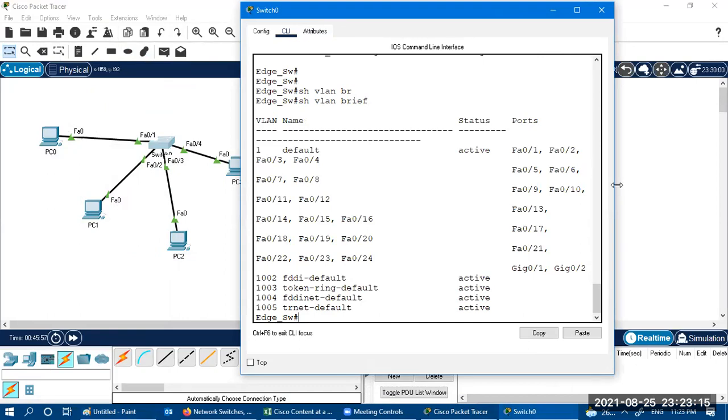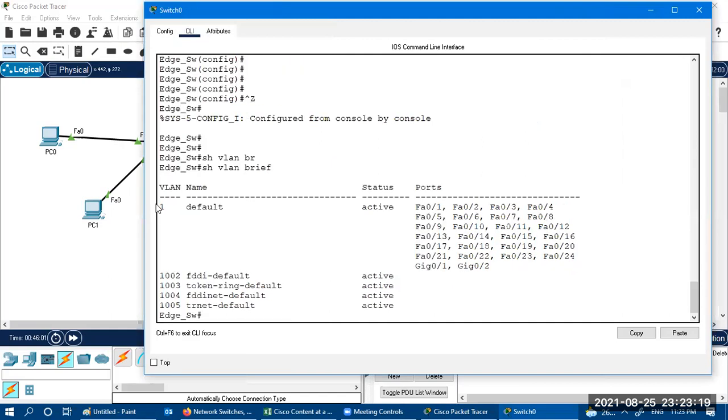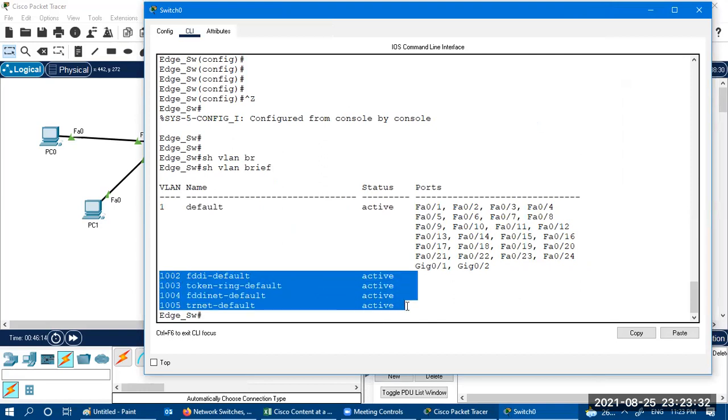You can see over here that VLAN 1 is the default VLAN and all ports are members of the default VLAN. Then 1002, 1003, 1004, 1005 are reserved for FDDI default, token ring default, FDDI net default, and TRNet default. So these VLANs are pre-reserved for these particular technologies.